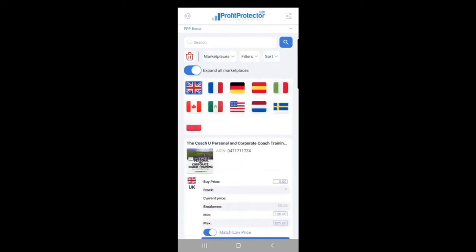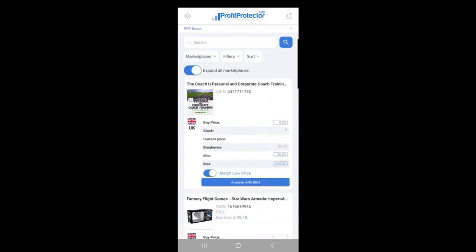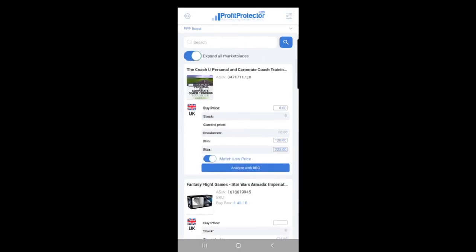If you select anything and then you want to kind of go back to how it was, all you need to do is press that red bin icon and it will take you back to how it was before you made any changes. If you want to get rid of those, you can just press the top right button, the sort filter or sort button, and it will close those.